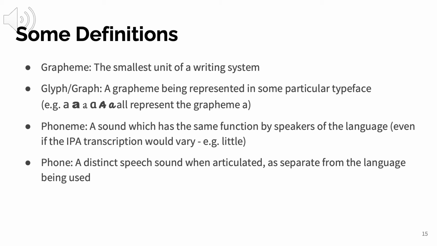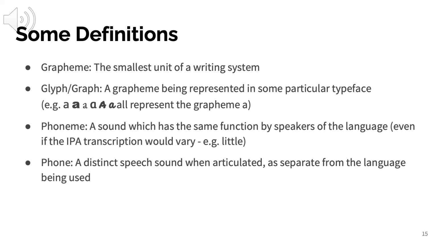Whereas a phoneme is very similar, but it's the same sort of thing for sound. So if I would say the word little in two different ways, you'd probably recognize that as the same word, but those are clearly two different sounds that I'm producing. So those would be two distinct phones, but they're phonemically serving the same purpose, because they're components of the same